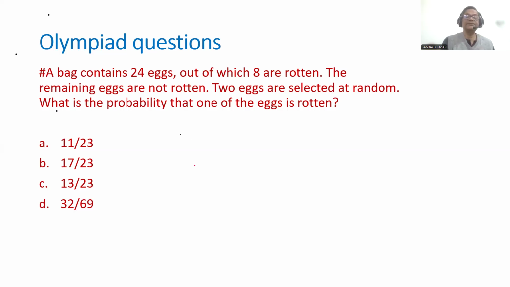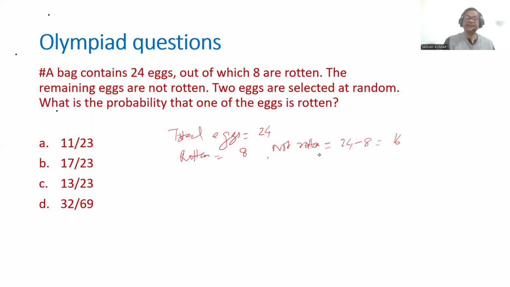See, let us write the question that 24 eggs are there. Total eggs how much? 24. And how many are rotten? Rotten are 8. And not rotten how much? 24 minus 8 is 16. So directly if you try to find the probability of getting a rotten egg by randomly selecting,